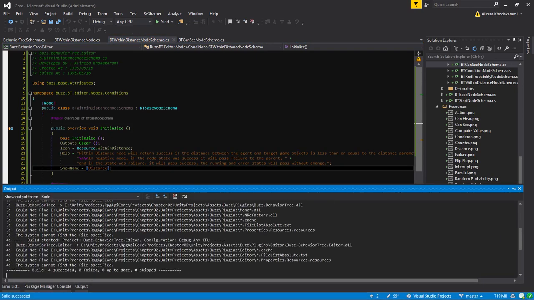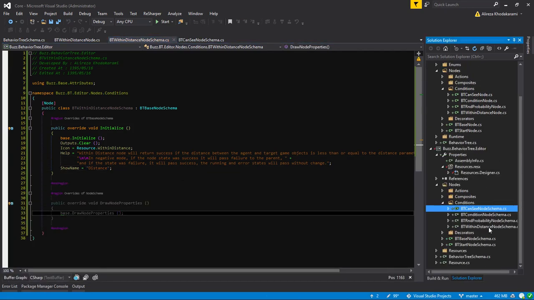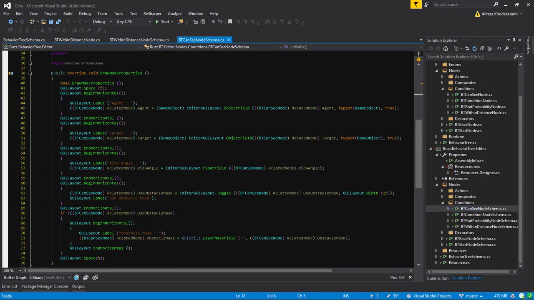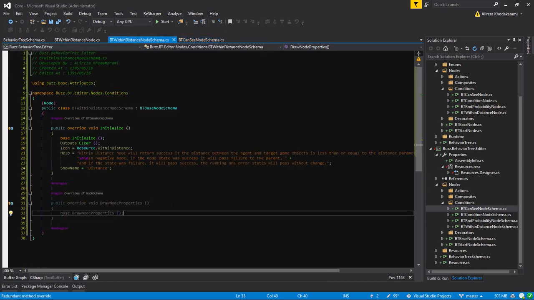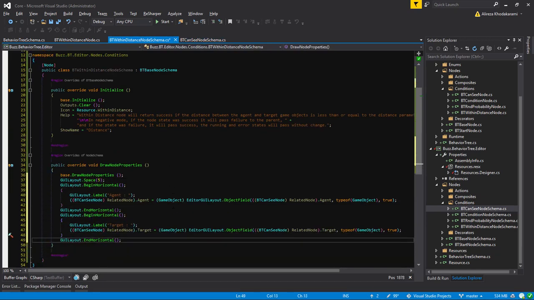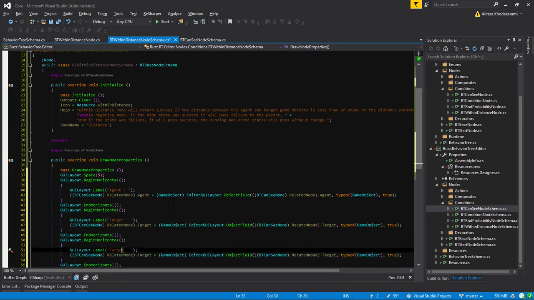Of course, oh wait, I need to draw them. So for drawing them, I'm lazy. We have this CanSee, and CanSee has this field for the agent and the target. I will use that and import the namespaces, and we have the space at the end. Now we have another horizontal that says